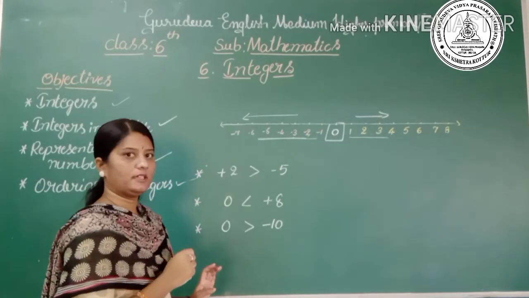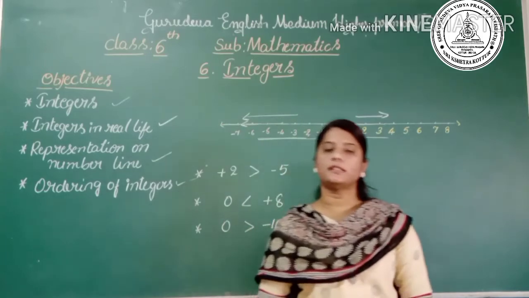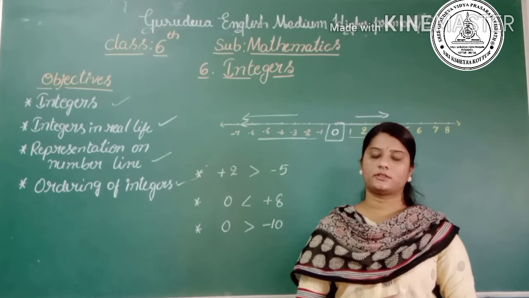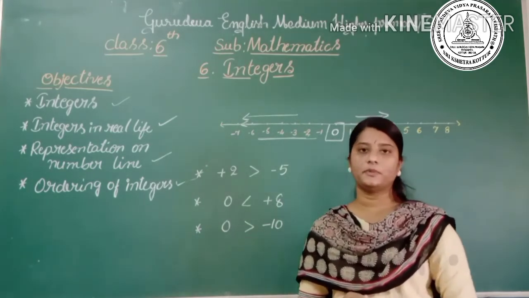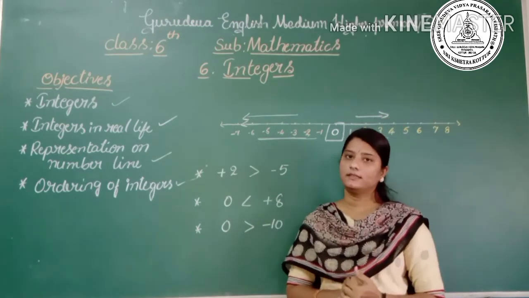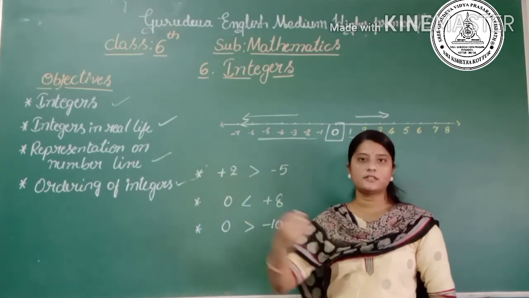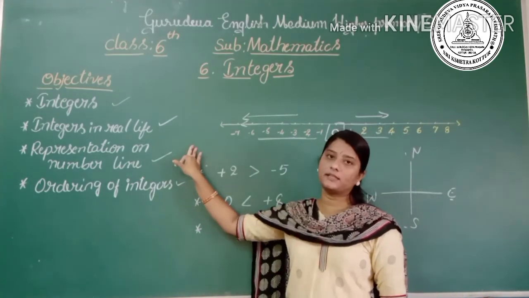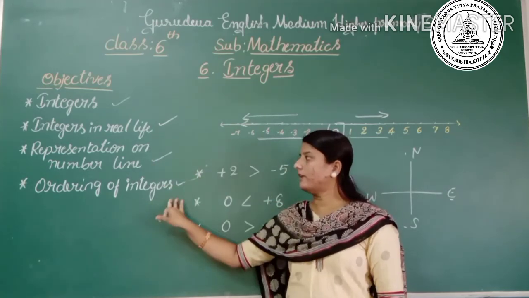Okay, so in this class we have learned the integers. Integers are a collection of whole numbers and negative numbers. We can say that integers consist of 0, positive numbers and negative numbers. Integers are denoted by the capital letter Z. And we have already seen where we use integers in our real life, right? Yes. And we have learned how to represent integers on a number line, right? Then next, finally we have learned